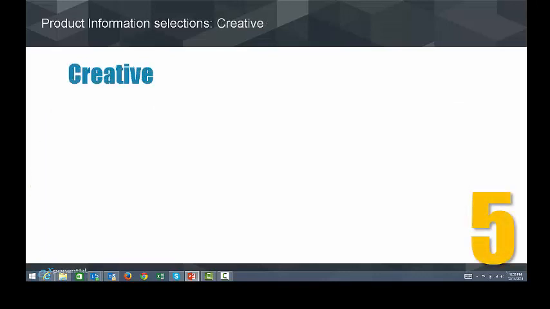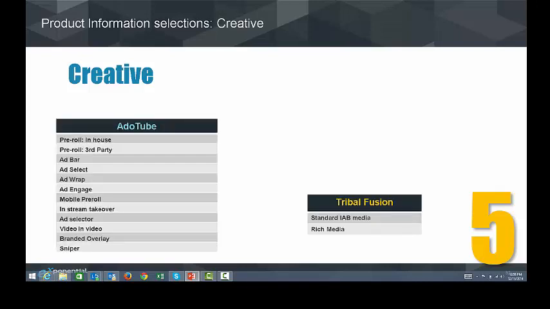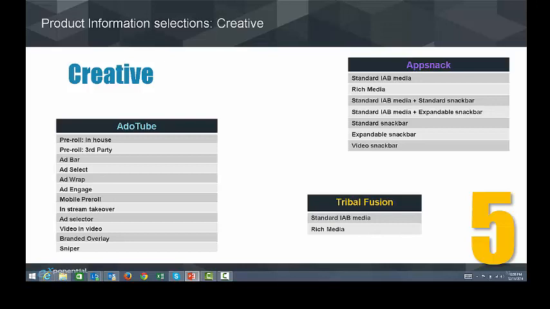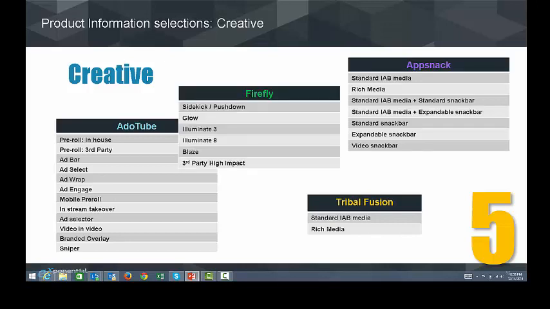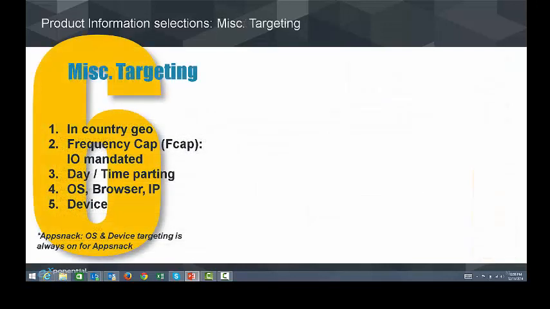The fifth product field to select is creative. These will vary based on the division that is running, and they should be fairly self-explanatory. Lastly is miscellaneous targeting. These are new to the product field dropdowns, and as you may have guessed, come from